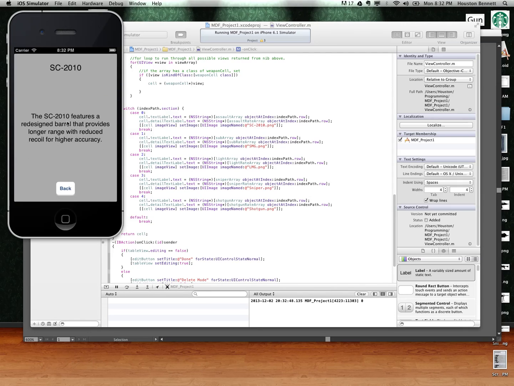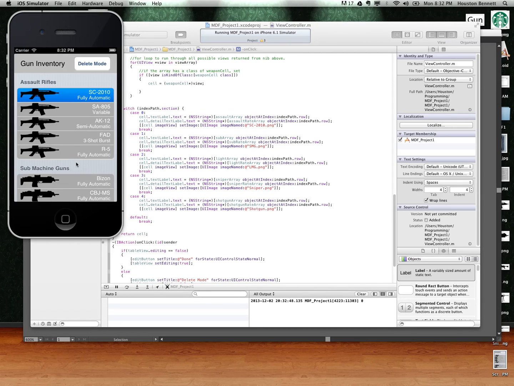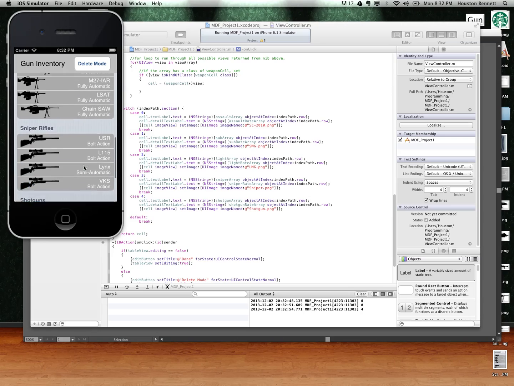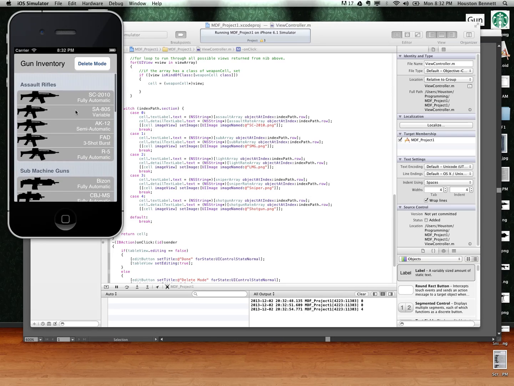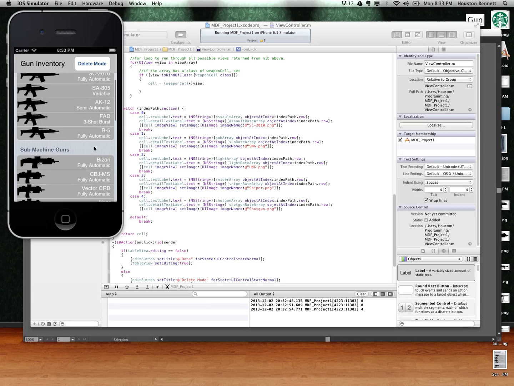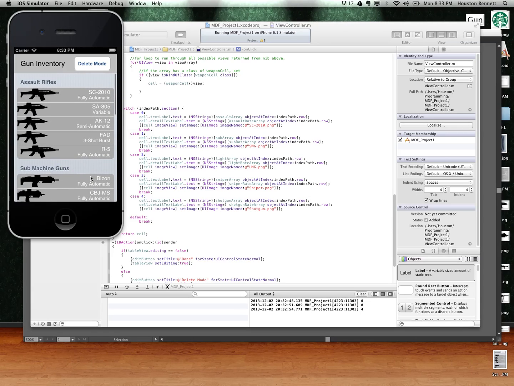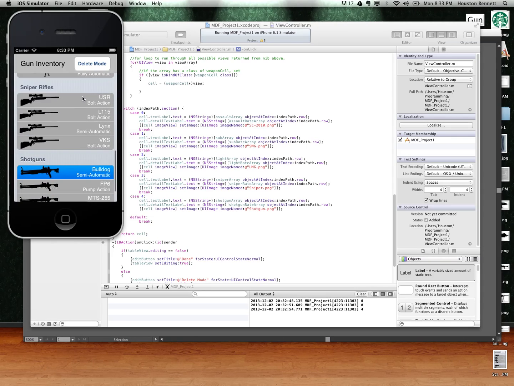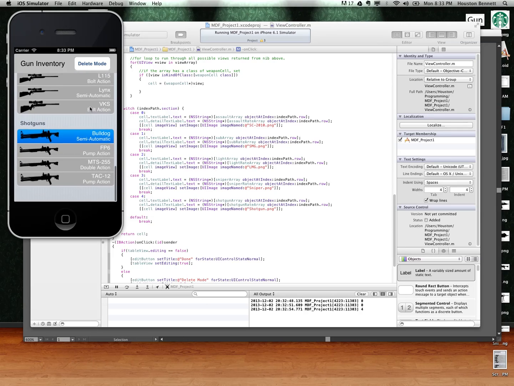You click on the one, it takes you to the detailed view. You can click on any of the ones you want. Says a little bit about them. Some of you who might play the game, I've made up the fire rate for all of these. Really, I just kind of tossed them in there because most of the assault rifles are all fully automatic, and that's just kind of silly. So I think the only one that I actually kept right from that are